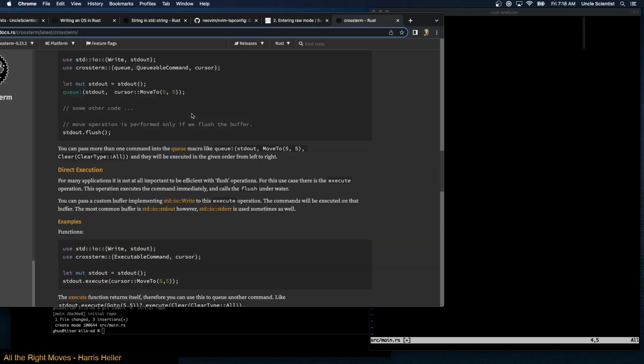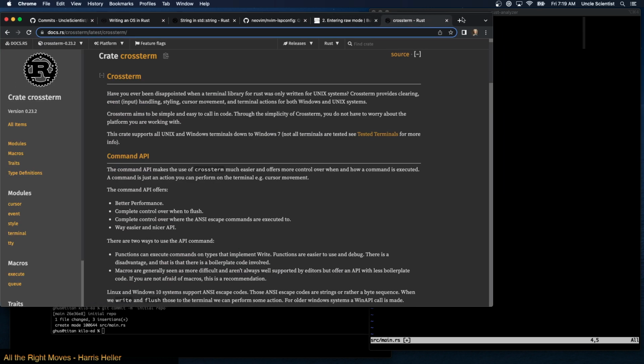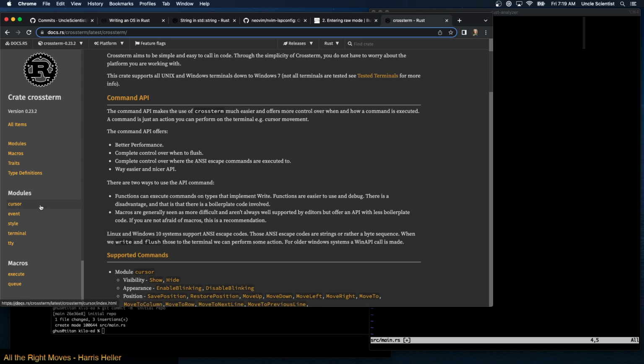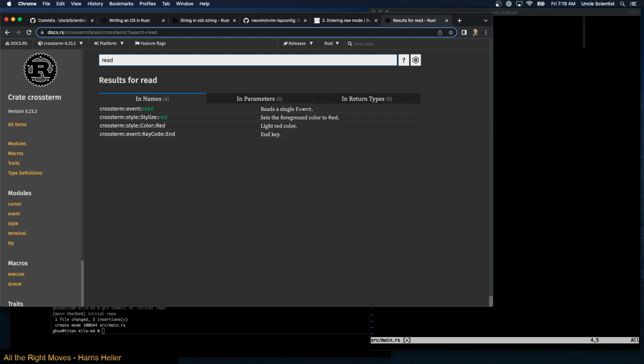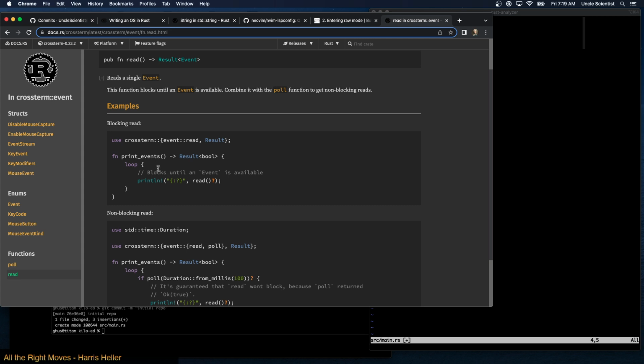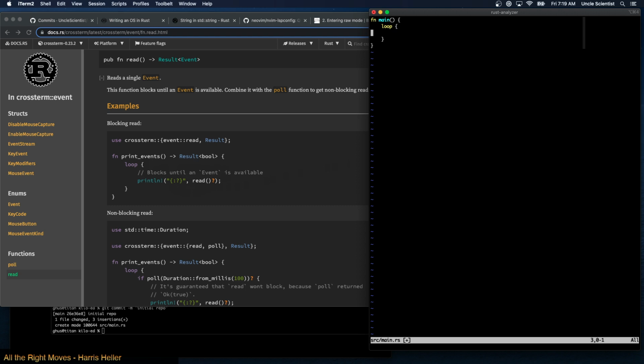So let's find out what capabilities crossterm gives us for reading. Does it have any? It must. Crossterm event read. Oh, this is a little loop that prints events. Okay, that's easy enough to do. We can just say use crossterm event read and result. I guess we can do this here, result. Right? And then this will print it out. That's fine. So println